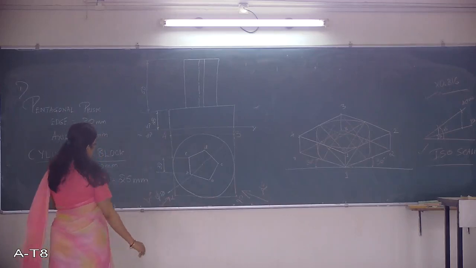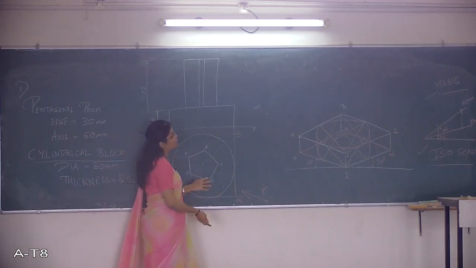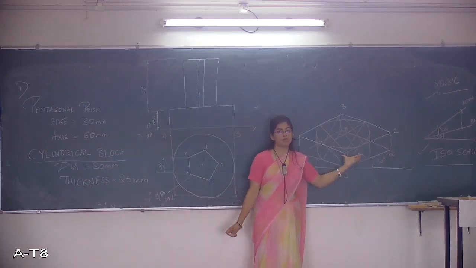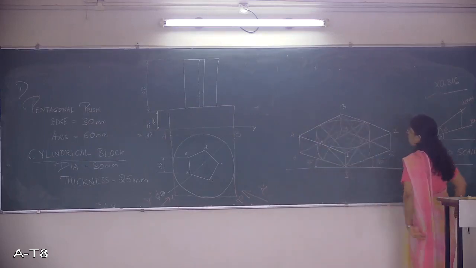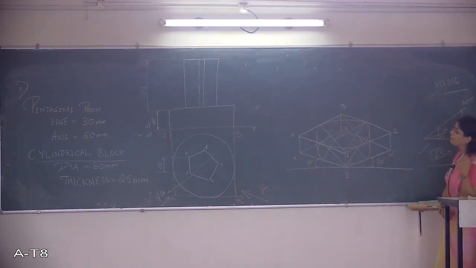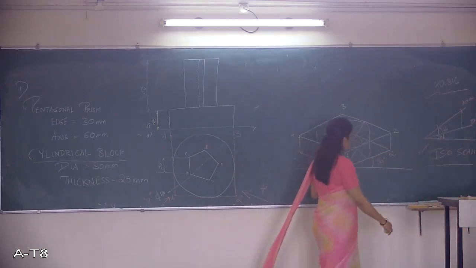So now here, as I said, I am observing it from here. So this is the cylindrical block which will look like an ellipse in its isometric view. Next, we have to proceed in order to get the prism that has to be drawn. In order to get the prism,